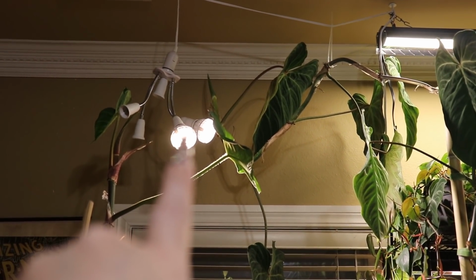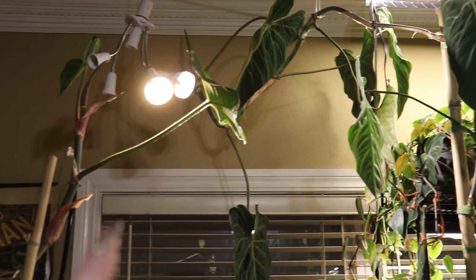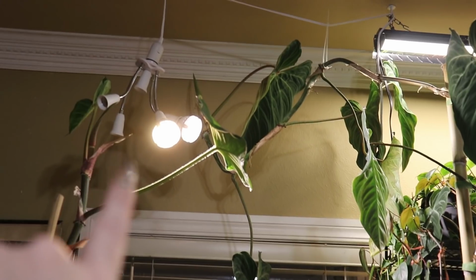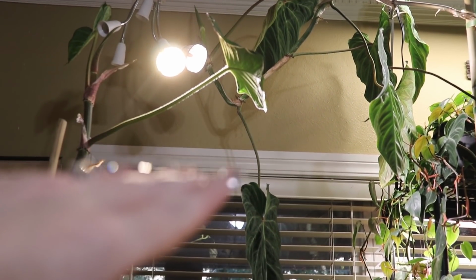So there's an opportunity for a grow light 1, 2, 3, 4, and also in the center. Now the problem, it does work and you can shoot light in 4 different directions. It does work. However, these little arms kind of give out over time. So if I had them really corked in one direction, the arm will droop and fall over time,